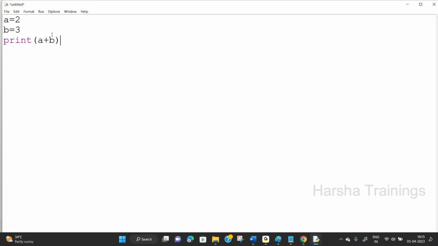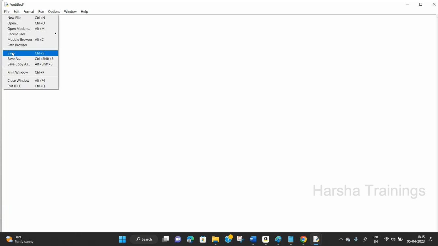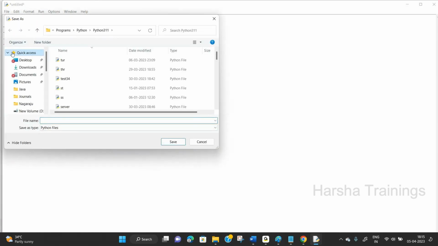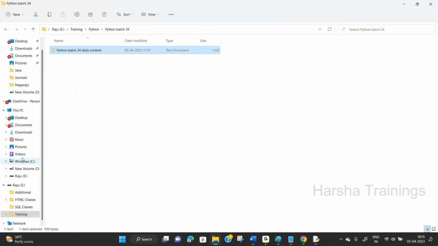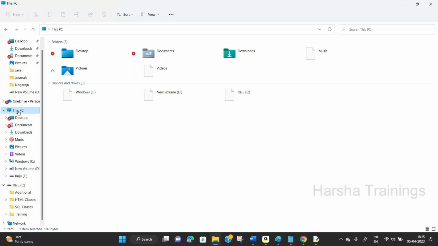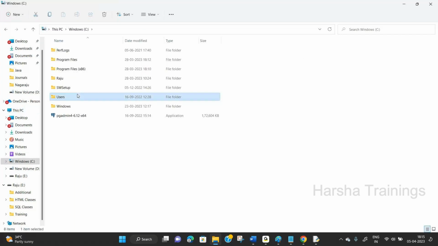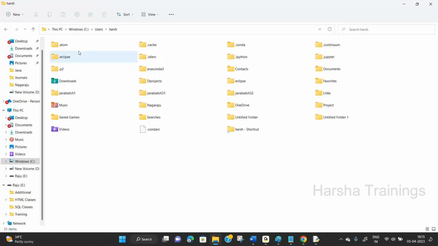How to save? Simply Control S, or else File, Save. You can use anything. Now see the path. By default that path is selected. What is that path? I will show you manually. Go to My Computer, that is This PC, C drive, Users, my system name, and then